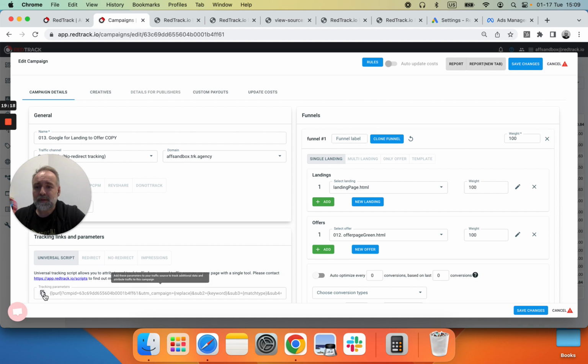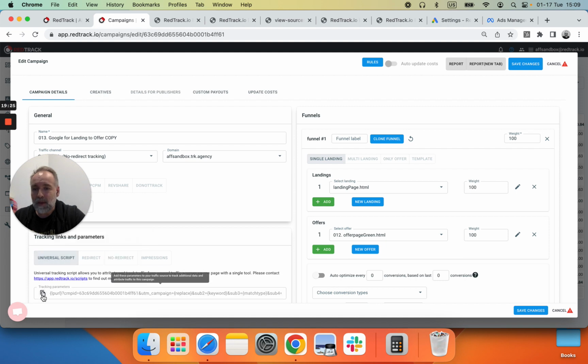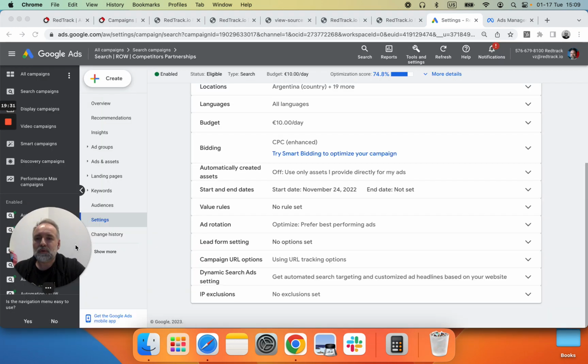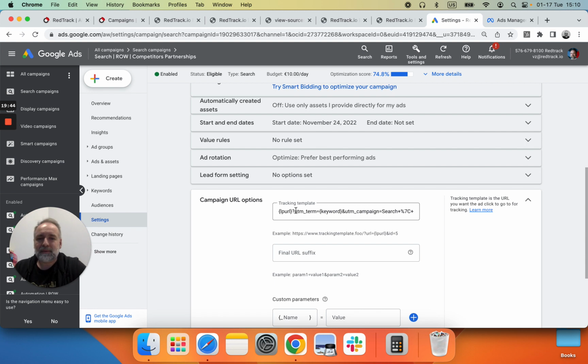So I'll copy these parameters. If you're using no redirect script, you copy these parameters, and we go into Google. In Google, you need to go into, let us load Google, so go to campaigns, you go to settings, and in settings you go to campaign URL options, and you see we have some of our own tracking here. So you add the tracking template into this field